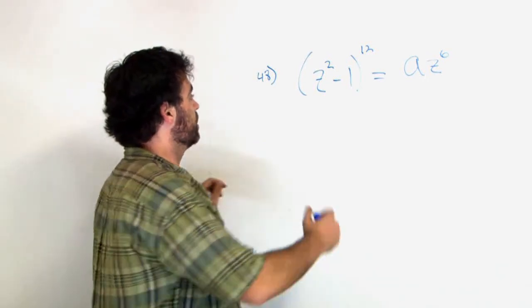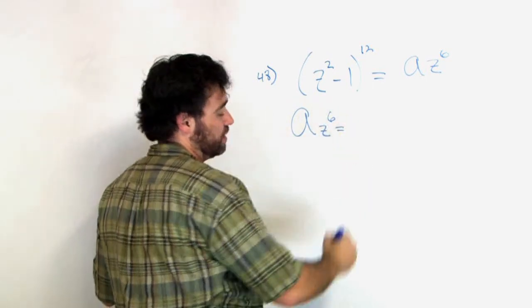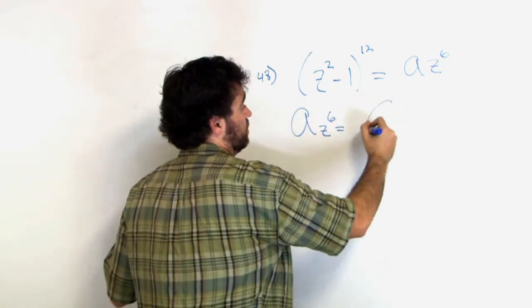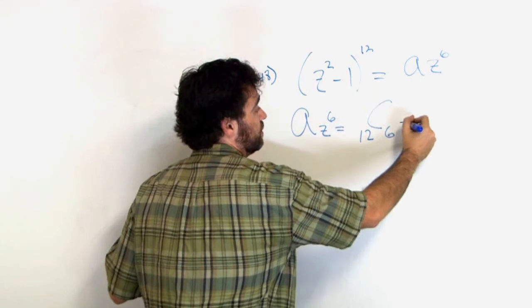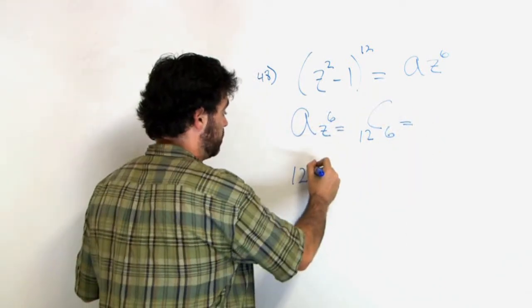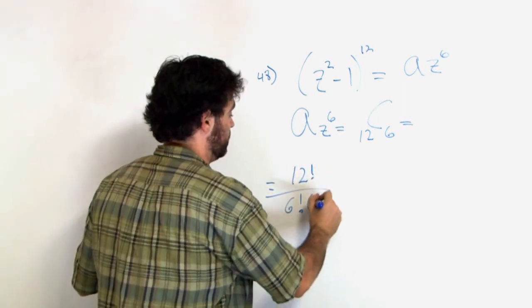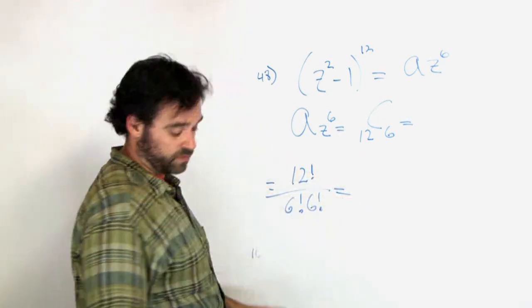So we say that a z6 is going to give us the same as 12c6. Okay, and 12c6 is going to be 12 factorial over 6 factorial times 6 factorial, which if we work out becomes